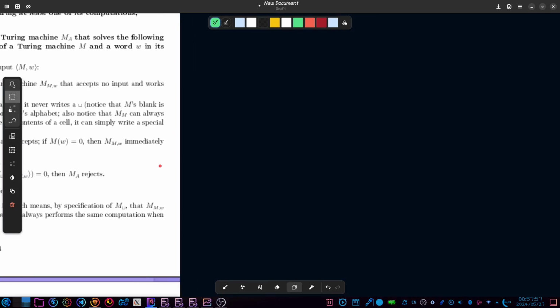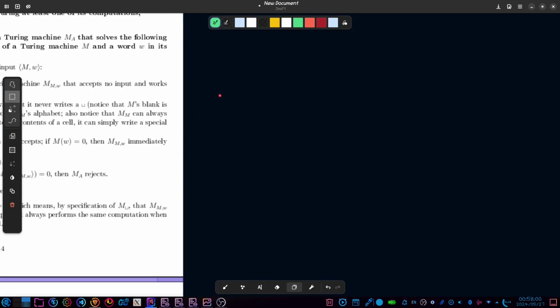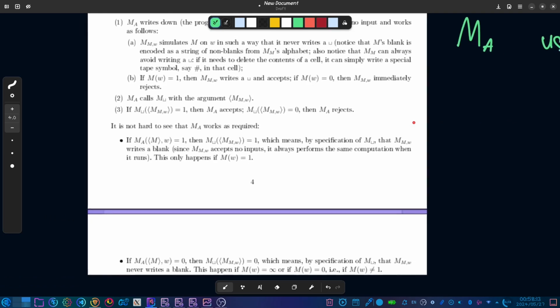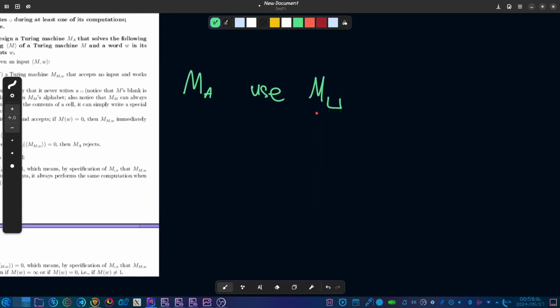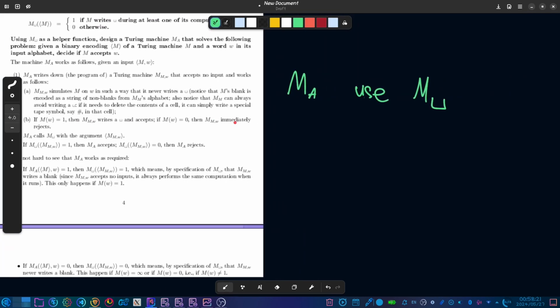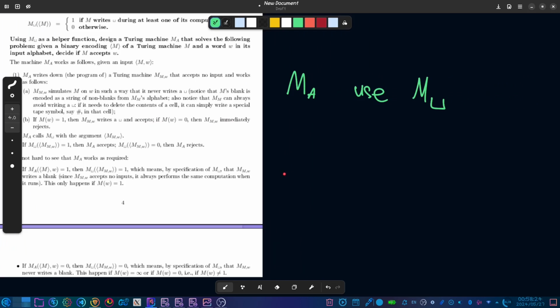The Turing machine we're constructing, MA, is going to use M blank, and there's going to be some sort of relationship that we want to enforce between M blank and MA. In this case, what we want to say is